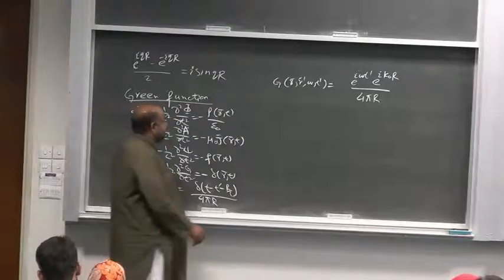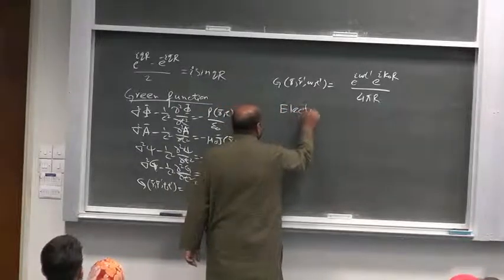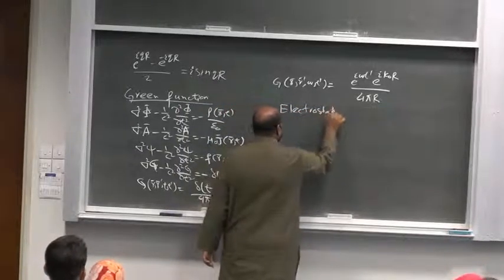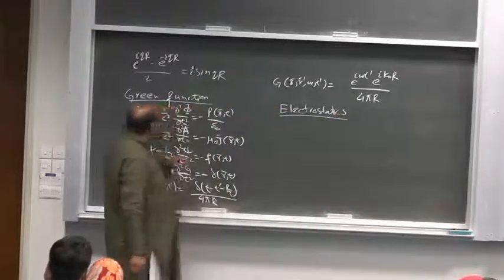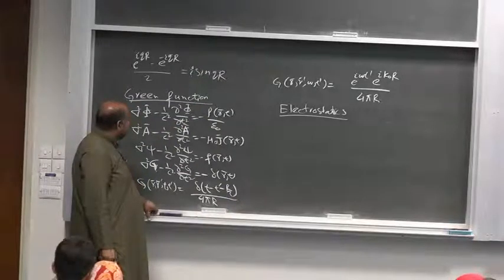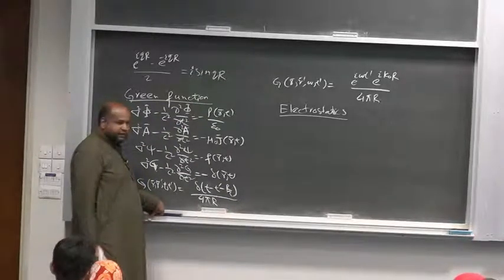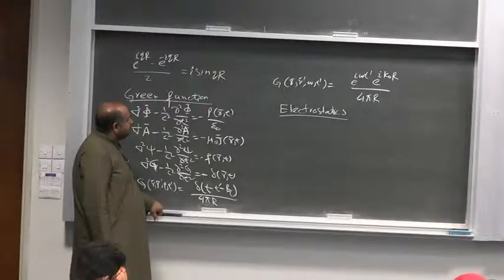Now let's see today what happens in electrostatics and magnetostatics. I will discuss electrostatics. Magnetostatics comes out similarly. In electrostatics, the potentials and sources are time independent. There is no time dependence. So in that case, the Green function would be,